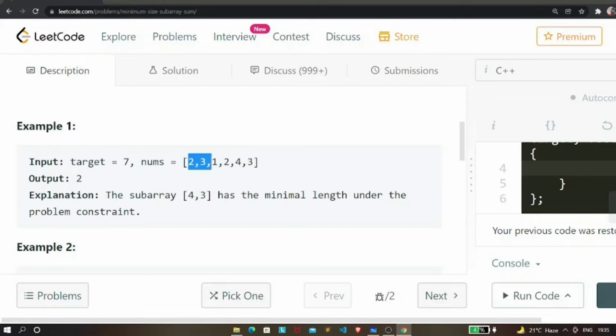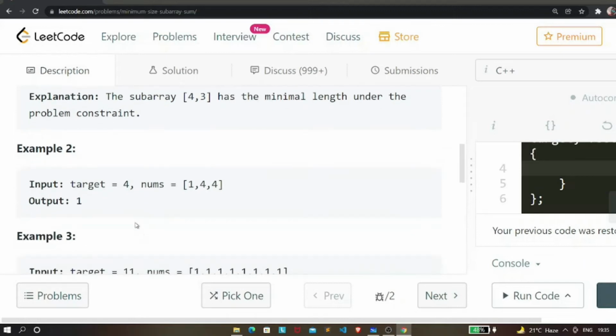You can also consider 2, 3 as a subarray, 2, 3, 1 as a subarray, 2, 3, 1, 2, then 2, 3, 1, 2, 4, and 2, 3, 1, 2, 4, 3. We can consider the whole of the array as a subarray, right? Since the size of the array is 6, we can have 6 squared, that is 36, subarrays.